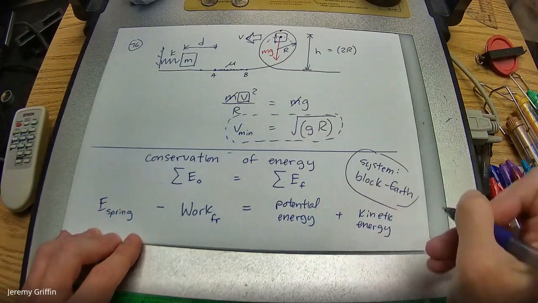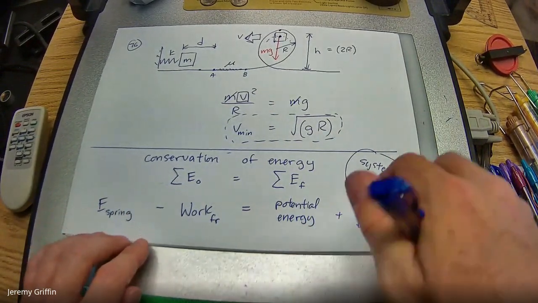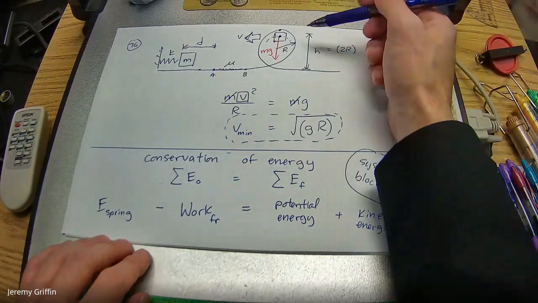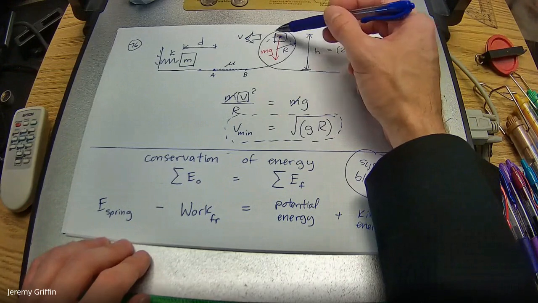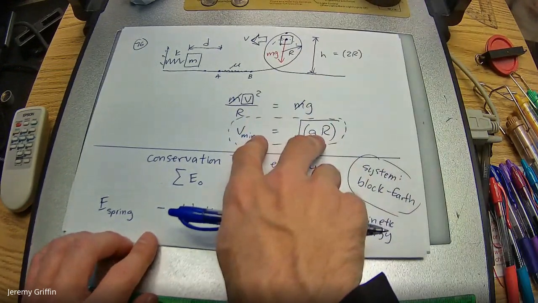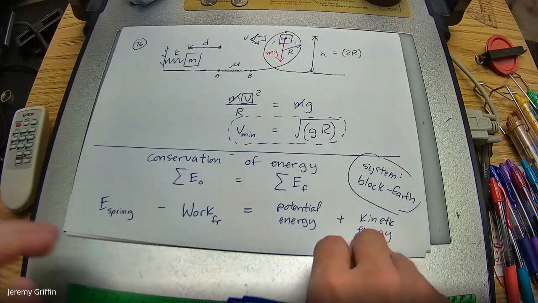Kinetic energy is the energy of motion, energy associated with motion. All these have formulas associated with them, by the way. We're about to do that too. So this block better be in motion at the top, right? It better be going at least as fast. If it has to be going at least as fast, it's going to have energy associated with that motion, called kinetic energy.